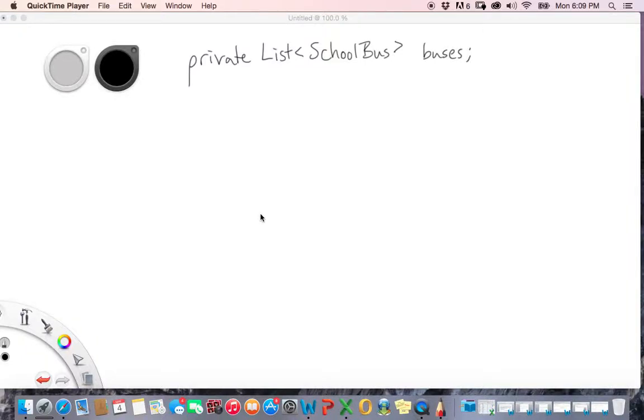Alright, on to question 2C from practice exam 2. This is still the school bus problem where we're looking at students and school buses. Now we're moving on to how a particular school handles the bus assignments. So we have this new class called a school transport that handles the assignments for a